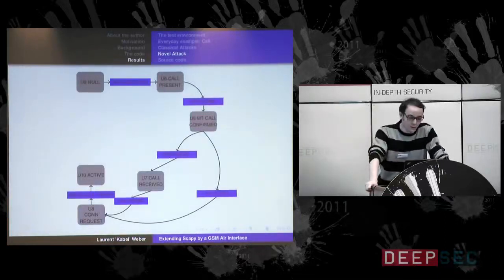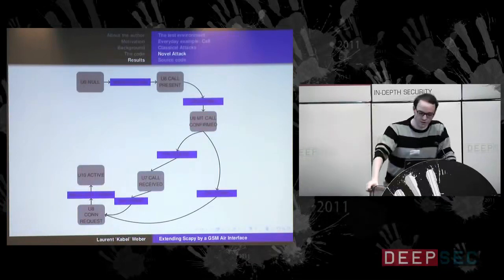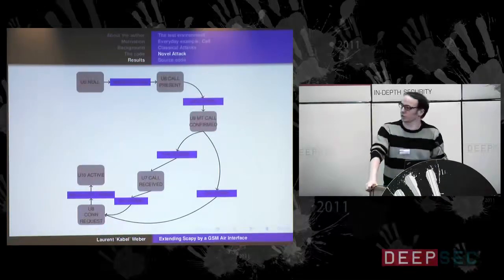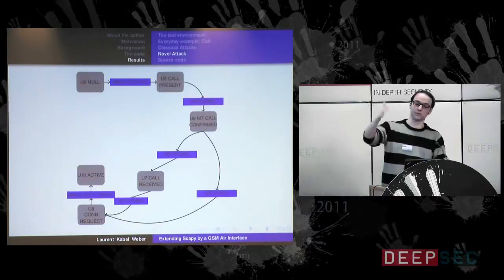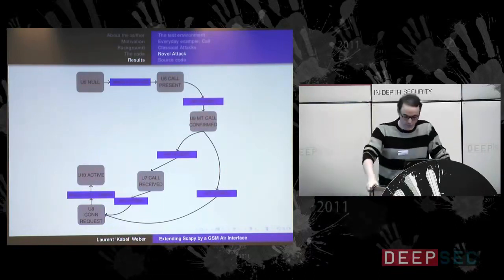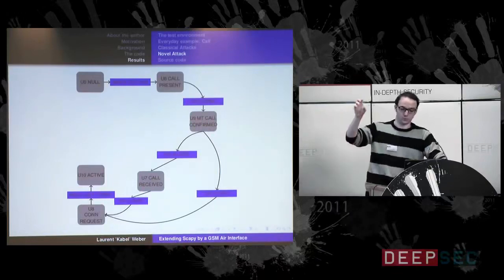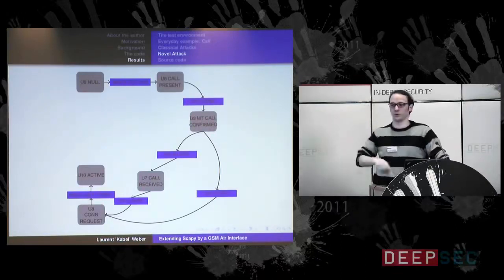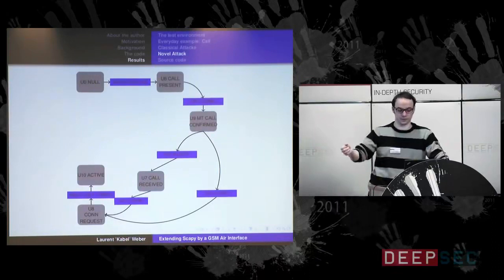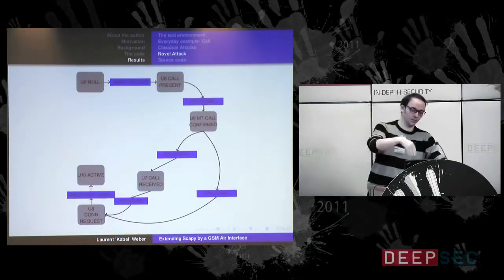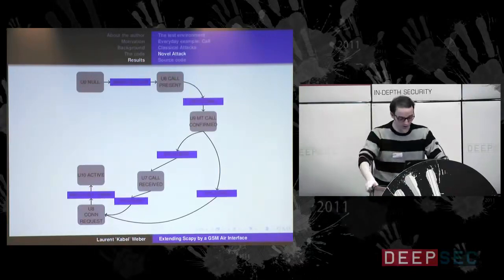Yes, and now for the persons that have never seen a state machine, I think most of you here should know what it is. I did some illustration here. That's a subgraph of the mobile station state machine. You have the states and then one action, and then you get to the next state, and so on. And now the idea would be, for example, if you are in state 1, you send an event, and through that event you try to reach a state that is not the next state, but one that comes at the end or something like this.